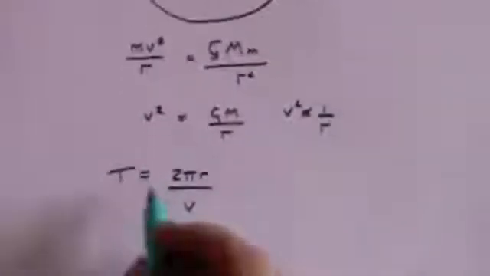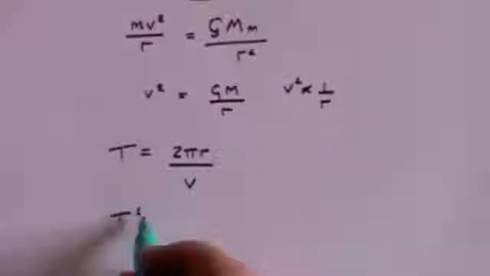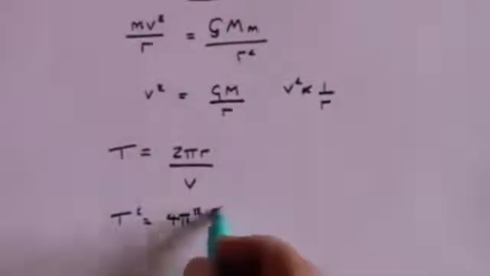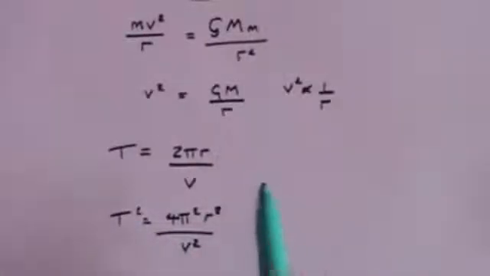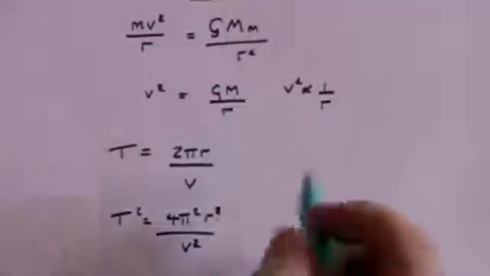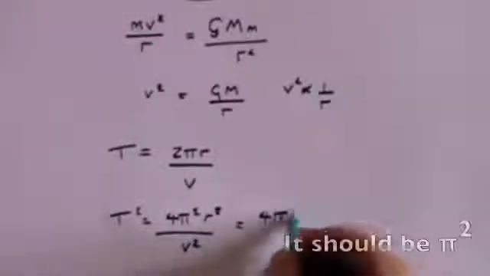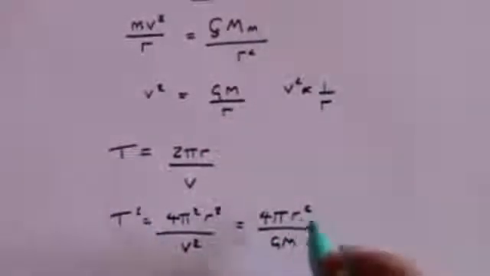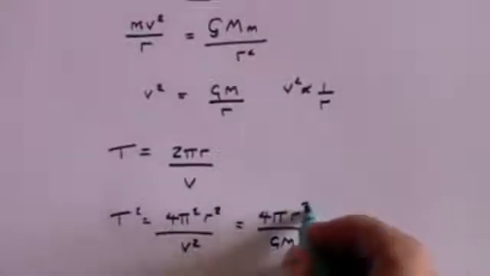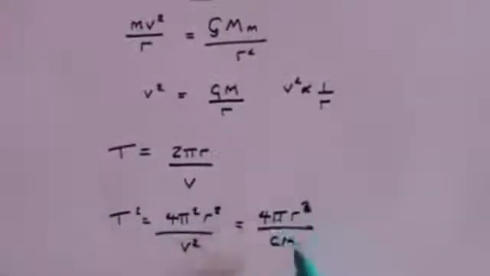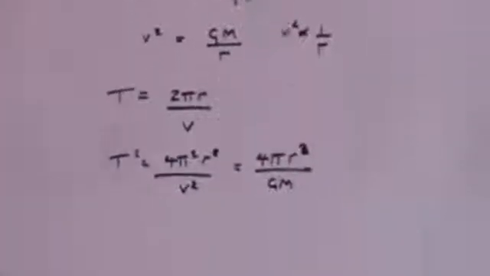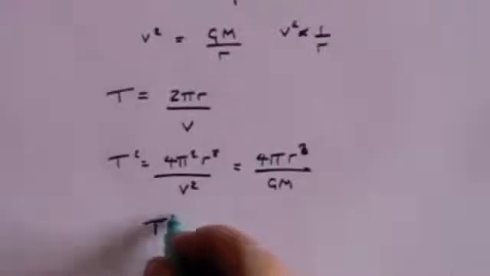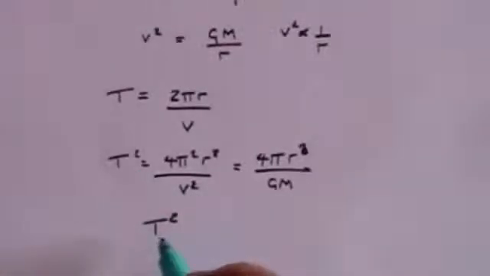And so v squared is GM over r. So if we square this equation here, we get T squared is 4 pi squared r squared over v squared. And if we substitute v squared here, which we now know is GM over r, then that r now becomes r cubed. 4 pi squared over GM is a constant because they are all constants, and that leads us to what is essentially Kepler's third law, which is that T squared, the time that it takes for one planet to perform one complete